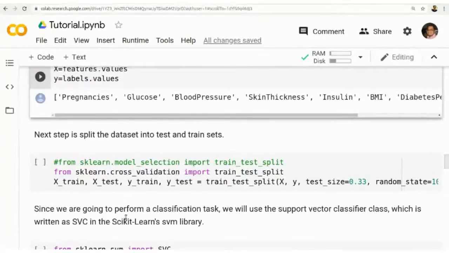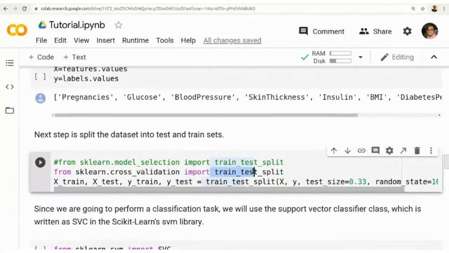So we can use a function called train_test_split, that will split the data set into training and testing sets. The variables we are using are x_train, x_test, corresponding to the features for training and testing, and the corresponding labels y_train and y_test.